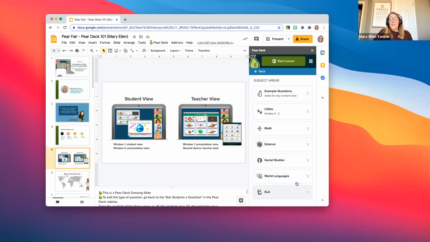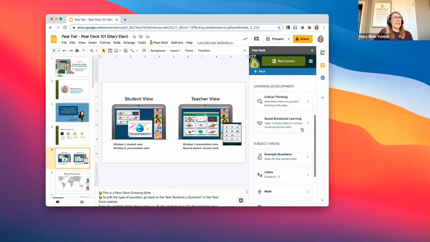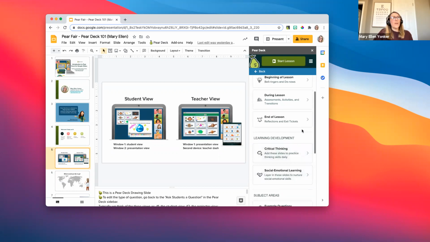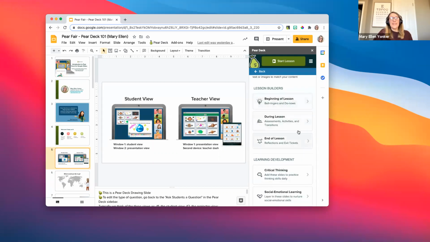If you don't see your subject area listed, don't worry. We've got this general subject area content that you can use, but every slide in the template gallery is customizable. So you can take any slide and make changes to it and customize it for your needs. No matter what you teach, you can use these lesson builders.